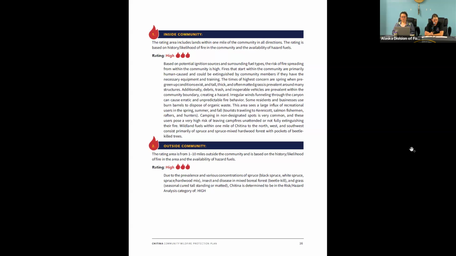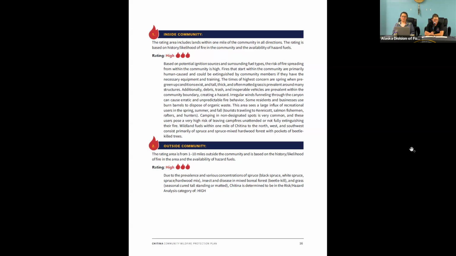Specific areas are on the northern edge of the boundary where the Tonsina River corridor is, and again, leading over towards where the Liberty Falls is, and the airport.